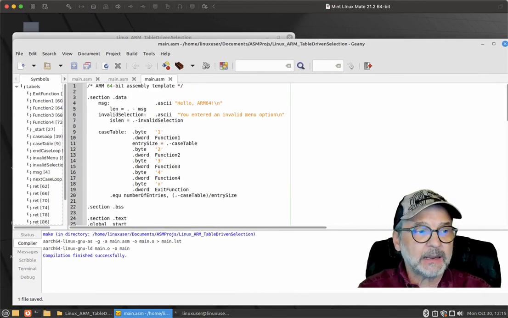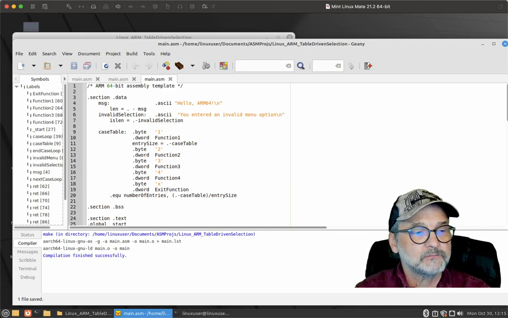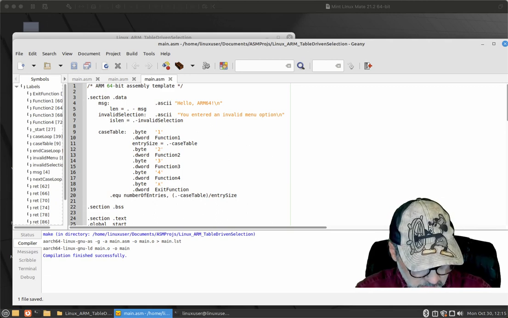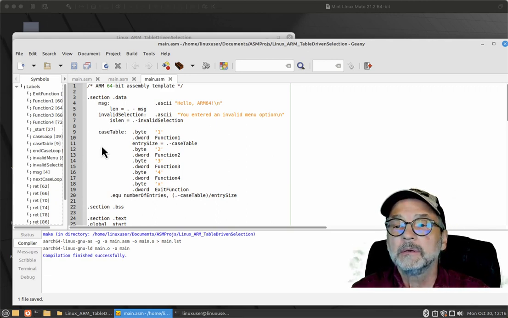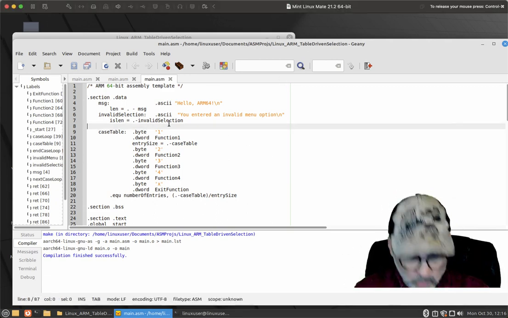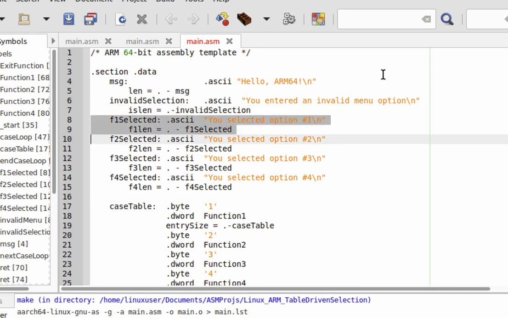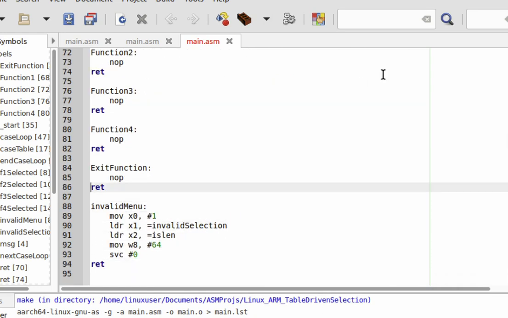And actually, let me go ahead and copy these from some other code I have over here, just so I don't waste a lot of your time watching me type. And I have an F1 selected, F2 selected, F3 selected. F1 means you selected option 1, 2, 3, and 4. Awesome. So I'm going to copy those down here to each of these functions,